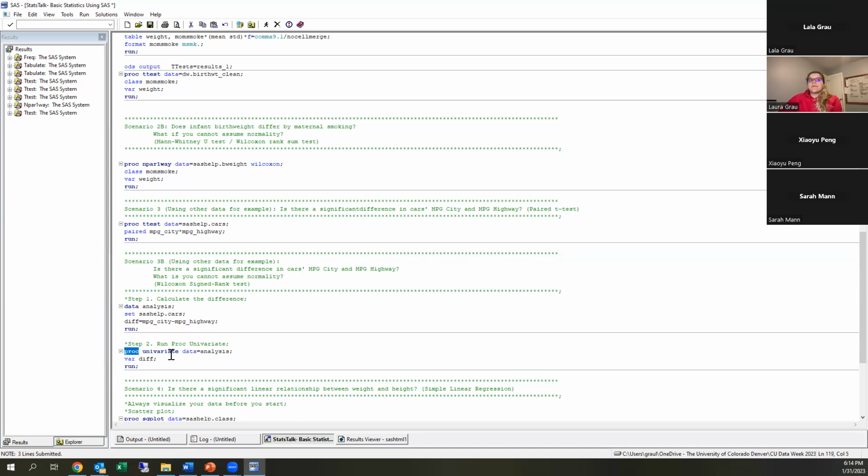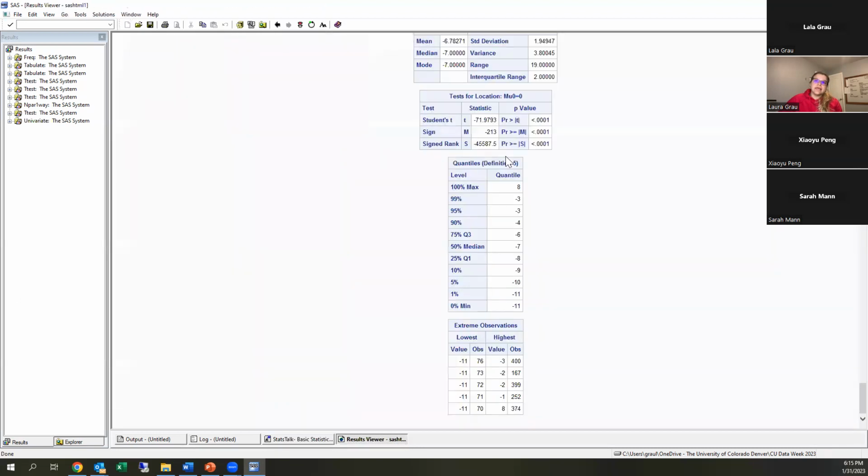Then I'm going to run proc univariate, which is a really robust proc that gives you a whole bunch of different information, including the Wilcoxon signed rank test p-value. So here I'm going to do data equals analysis because it's this new data set that I'm using. And then I'm going to have a var statement for the diff variable, which is basically, hey, SAS, I want to look specifically at this diff variable. So when I run these,